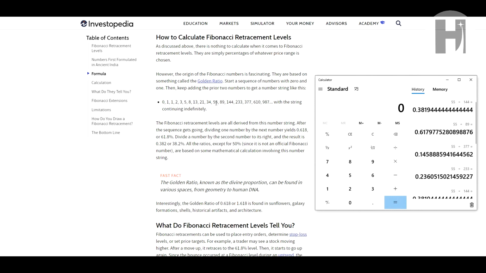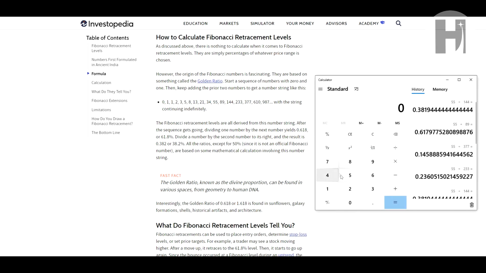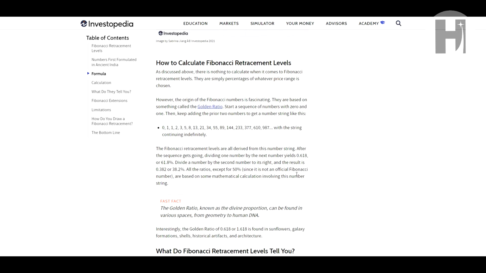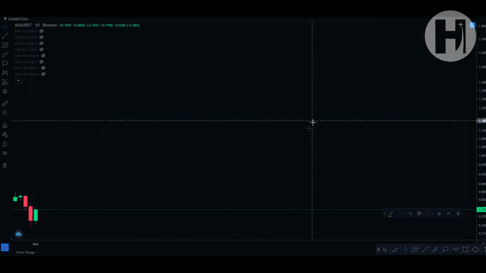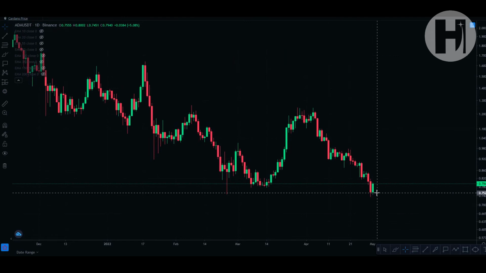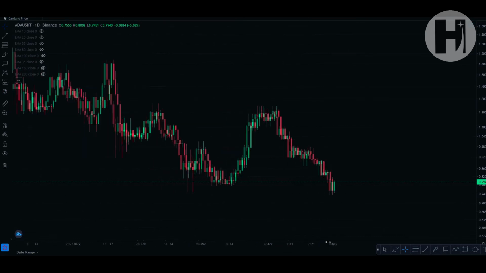Okay, let's try 21 divided by 89. Let's see what that gives us. 21 divided by 89, you get 0.236, okay? So this is how you get these Fibonacci levels, okay? And the Fibonacci sequence can be found all over in nature. So that's why traders like to use it in technical analysis, because if it's everywhere, then it probably could be applied to charting. And they're not wrong. It does work quite a lot. For me, the Fibonacci retracements are very useful, and that's how I like to set up my targets. Okay, so if we were to set up a Fibonacci retracement,